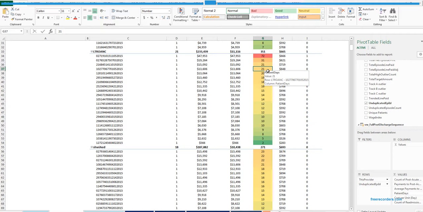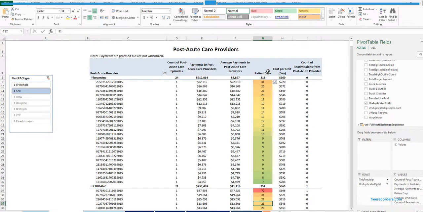So hopefully this is helpful in selecting your provider network or communicating with your SNFs and informing them of what you're looking at when you're looking at lengths of stay for